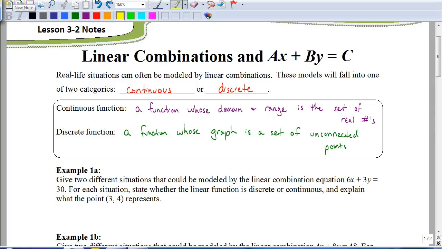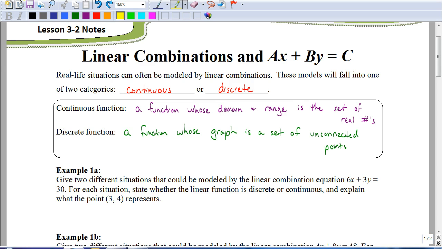Okay, so in our previous lesson, we learned about slope-intercept form, y equals mx plus b. Today we're going to be looking at what we call linear combinations, and we put those in the form ax plus by equals c. But before we look specifically at that, let's talk about these first two terms here, continuous